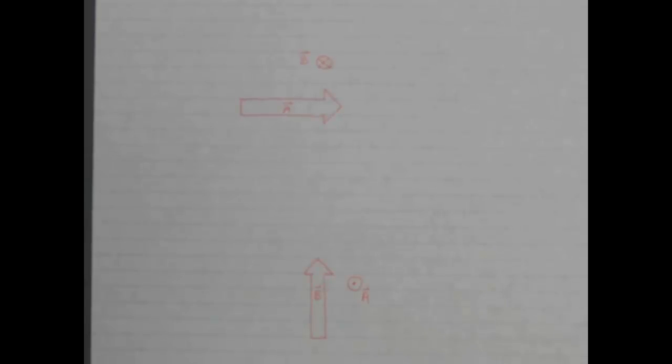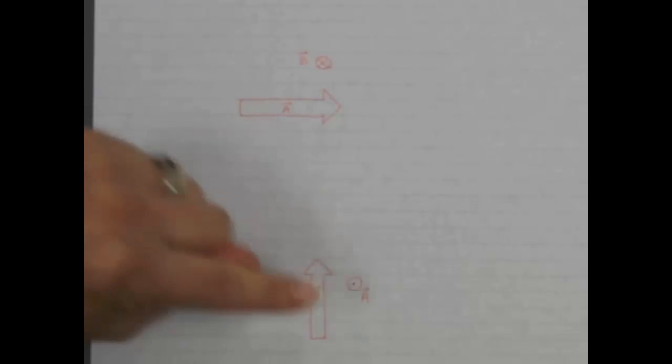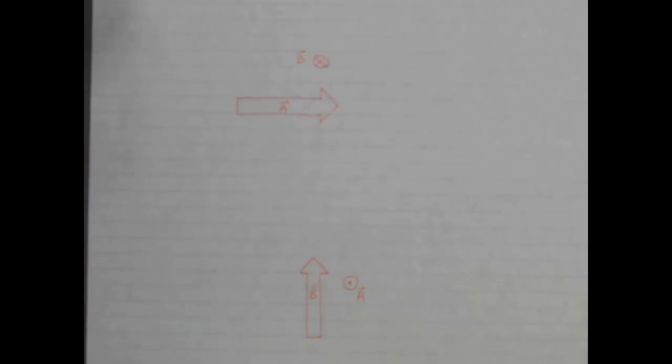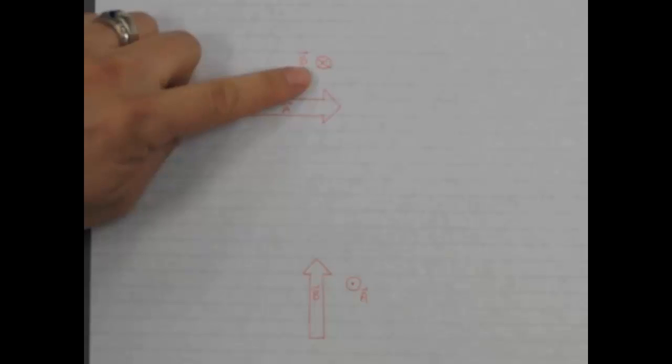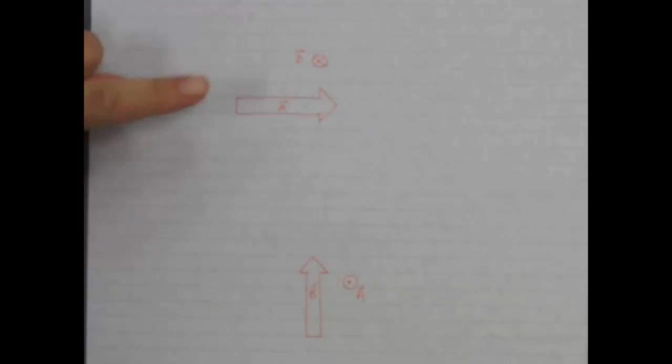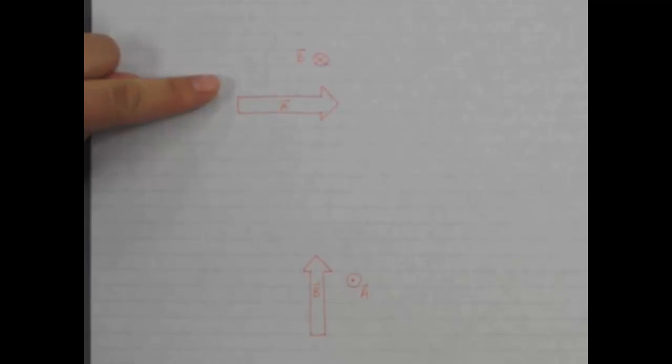How do you deal with cross product when both of your vectors aren't in the plane of the page? Here I have examples where we have one vector that's in the plane of the page and one vector that is either pointing into the page or out of the page. So in my first case, if I want to do vector A cross vector B,